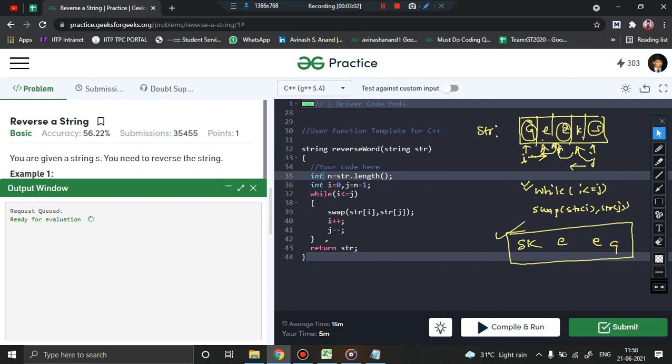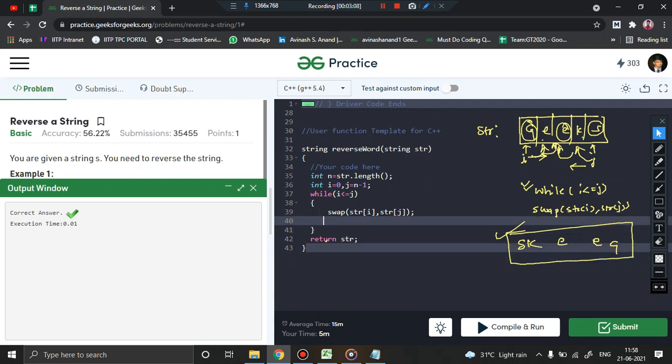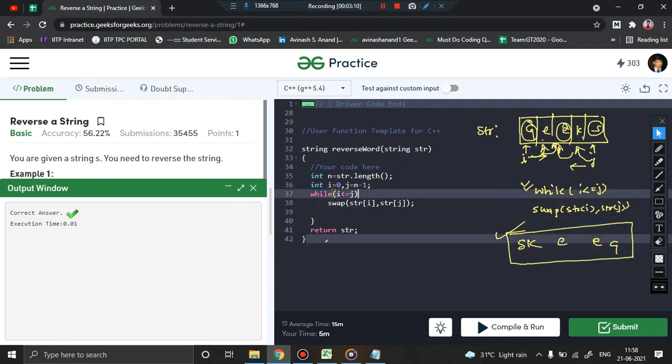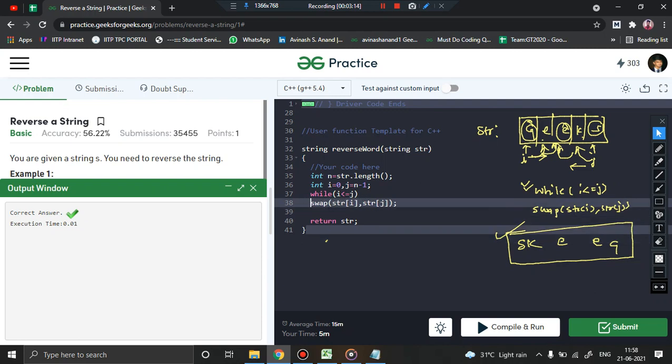Now one more slight difference you can do is, instead of writing this i plus plus, j minus minus separately for reducing the size of the code, because we know while loop will now perform only one operation, so no need to write this in block. Just say while, swap str i plus plus and j minus minus. So swapping and the incrementing of the pointers will take place simultaneously, so you don't have to worry about it, and you need not increase the size of the code. So this is also one of the fundamental approaches of solving this particular problem, right?